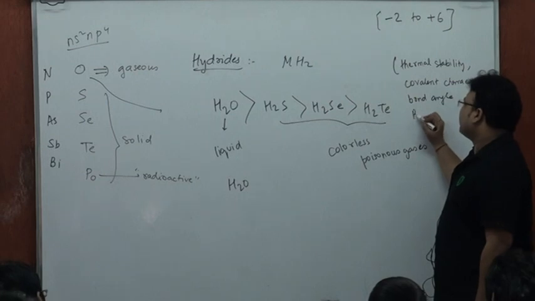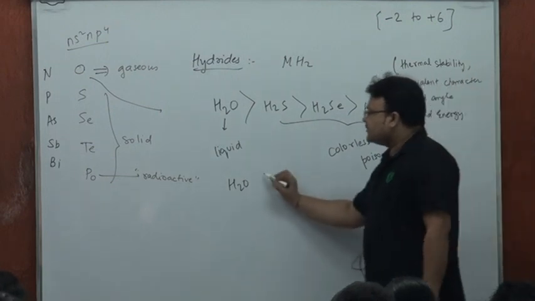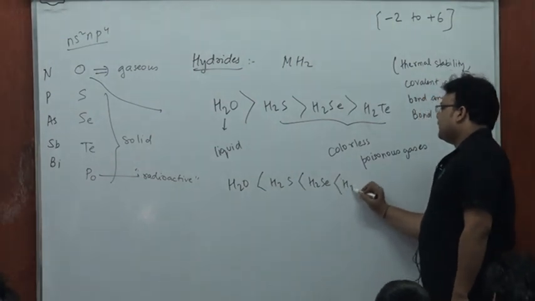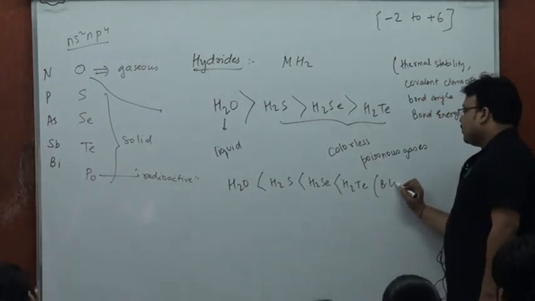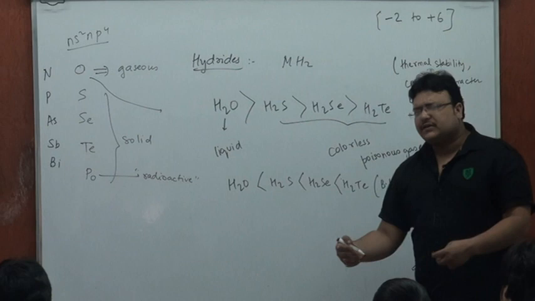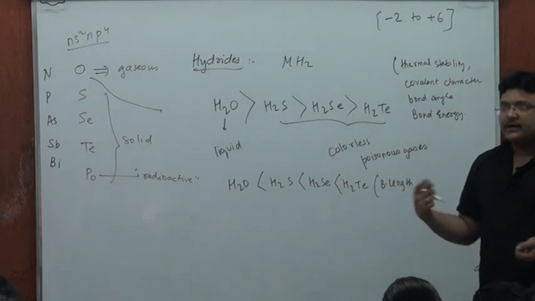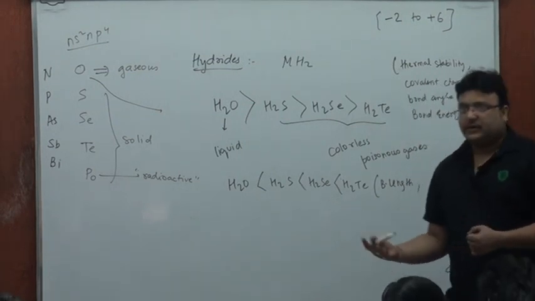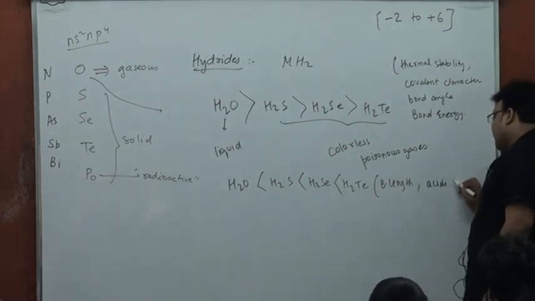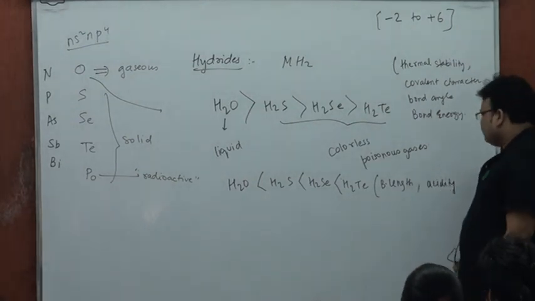Now, when I mean thermal stability, I've kind of expressed bond energy, and the reverse has to be the order of bond length. More the bond length, easier it's to break. And with hydrides, we'll always associate some kind of acidity. Although the acidity was very prominent in group 7, the hydracids of group 7 were the strongest acids. HCl, HBr, HI. They're not very acidic here, but this has to be the order of acidity. In hydracids, we're always bothered about the size of the element and the bond length.